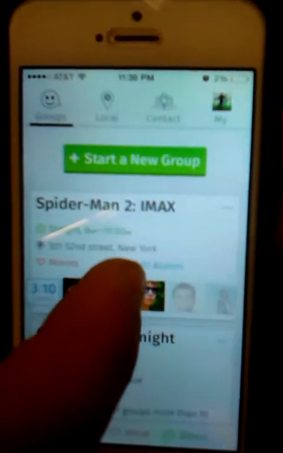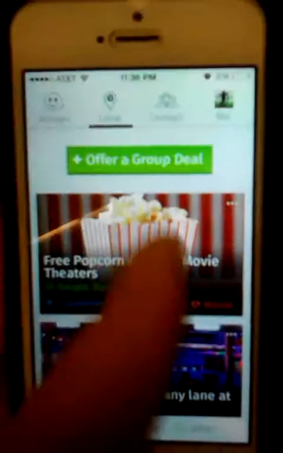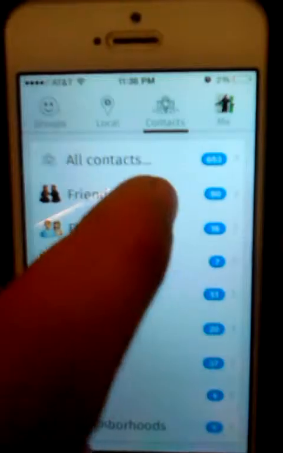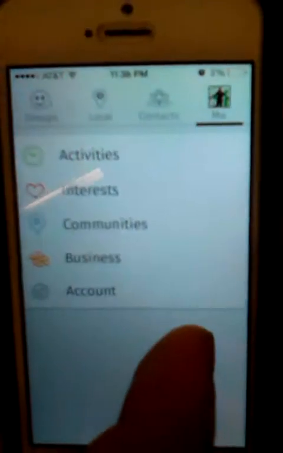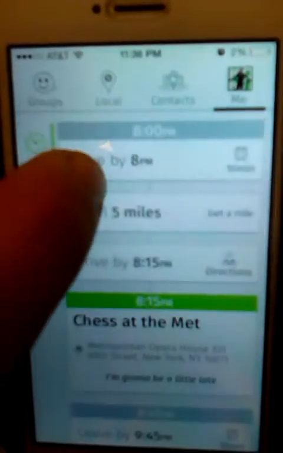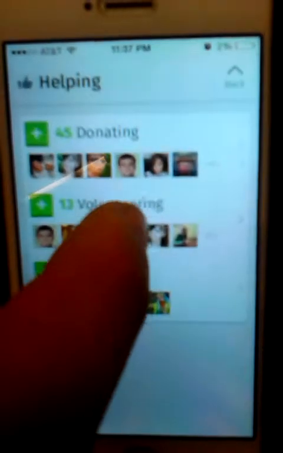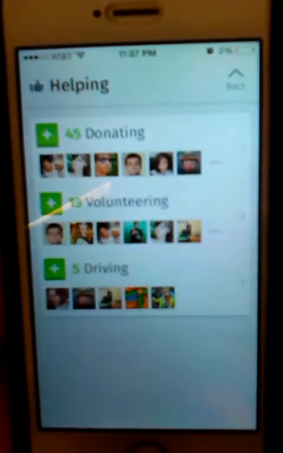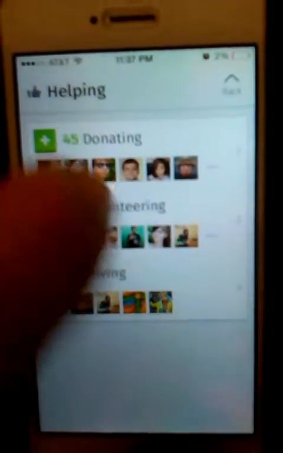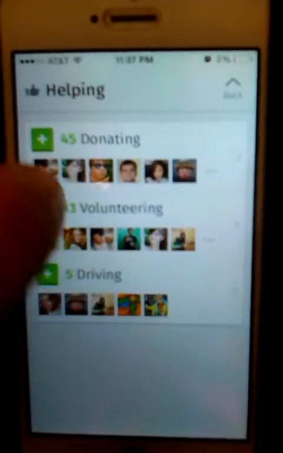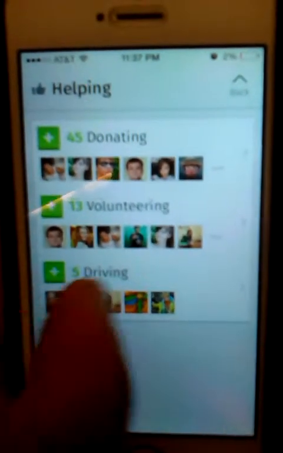What this app lets you do is essentially connect with people going to things, score group deals, and keep it all organized. So people you meet are in your address book. So finally, the last tab. This tab is basically to set up your information. So you could set up your account, who you are. You could set up your interests, what you're interested in. So if I'm looking to help people in different emergency situations, I can add these things. You could see other students who are willing to join you in this thing.